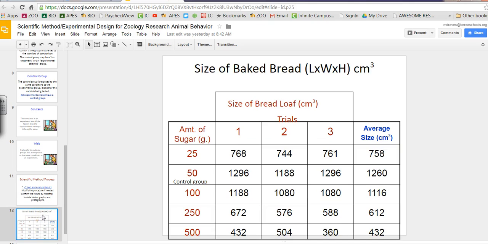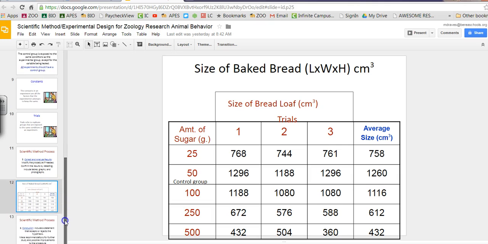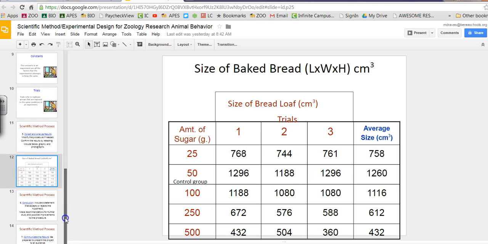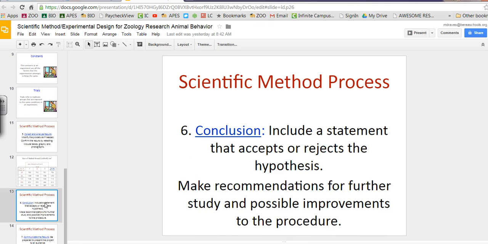So this is an example of a data table. So you have your amount of sugar on the left and size of bread loaf on the right, and then you have the number of trials and the measurement. So this is quantitative data here. So you want to create some kind of data table, and please use rulers when you do this because it needs to be neat. And then, like I said before, with the conclusion, you want to state if you accept